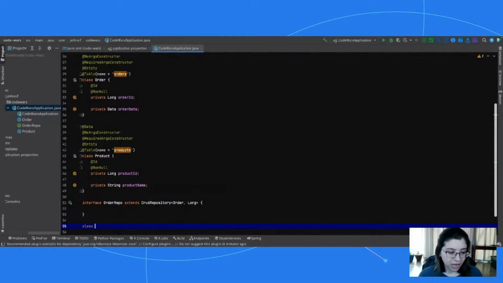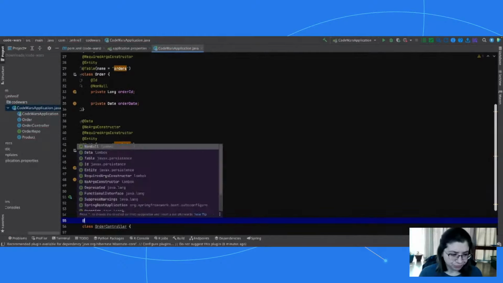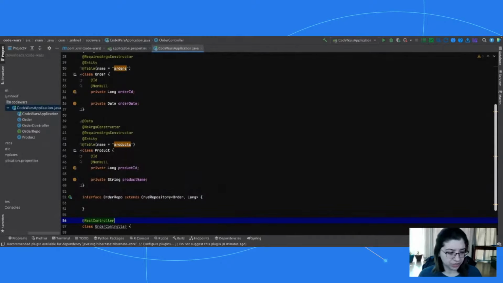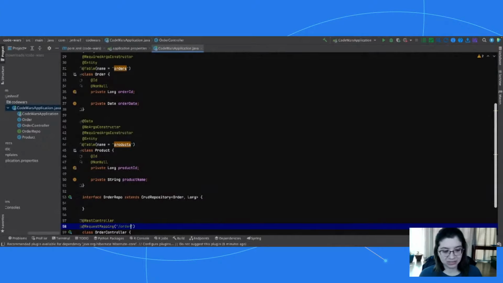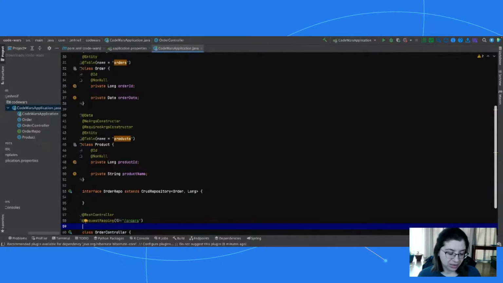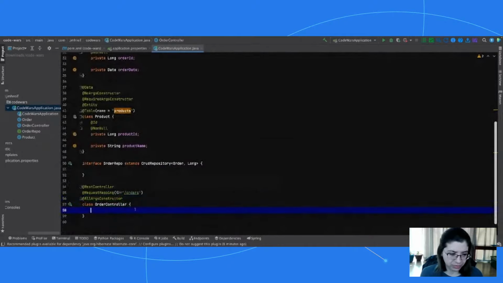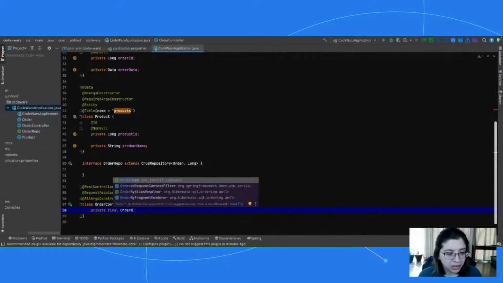Okay. So now we have our order controller. So we need to have a controller in order to create, or kind of define our endpoints and allow us to connect to the REST endpoints. So this is a REST controller. Yep, REST controller. And at request mapping, and I'm going to say /orders is where I'm going to access this information. And then there's an all args constructor that I want as well. So I need to create a constructor with all the arguments. And then I need to inject my order repository. There we go.